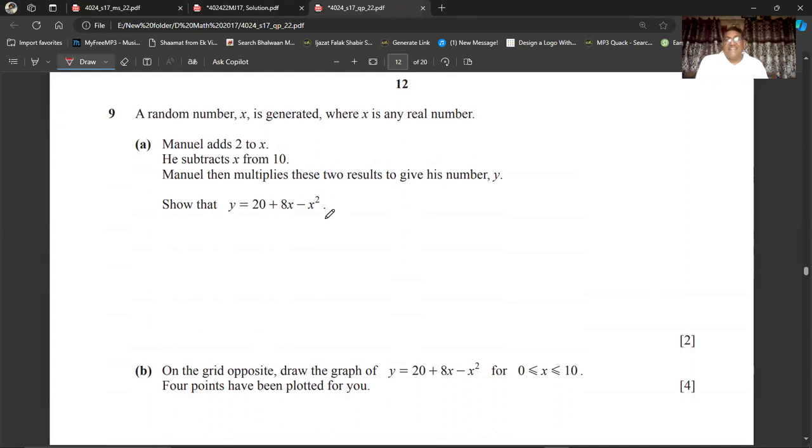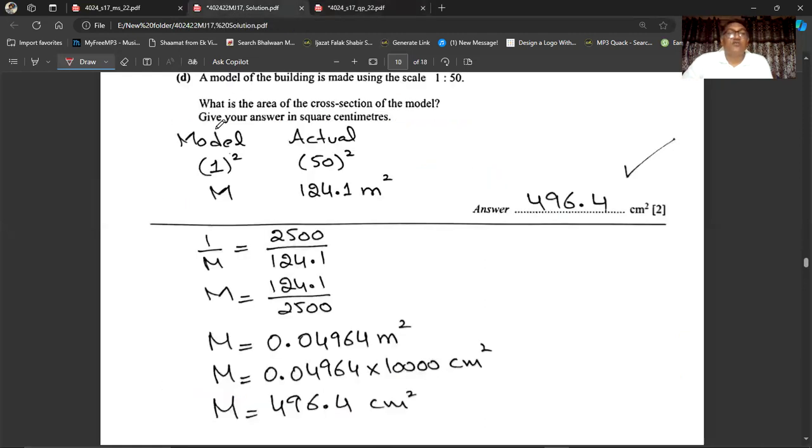Now we are on question number 9. A random number x is generated where x is any real number. Manuel adds 2 to x, meaning x plus 2. He subtracts x from 10. That means 10 minus x. Manuel then multiplies these two results to give his number y. So y will be equal to, in a bracket, x plus 2, multiplied with another bracket 10 minus x. So you have to show that y is equal to this. Okay, it's a 2 marks question, very simple,